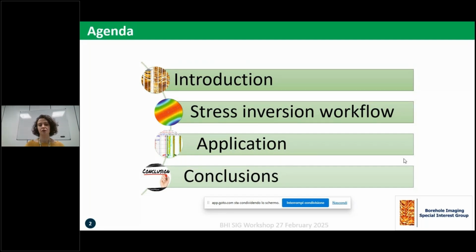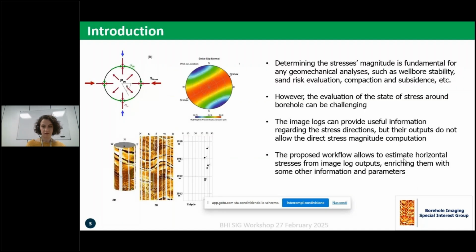Then I'll move to the explanation of the stress inversion workflow internally developed, and the consequent application of this workflow to a real case study on a carbonate reservoir. Then I'll go through some conclusions considering all the discussions. First of all,